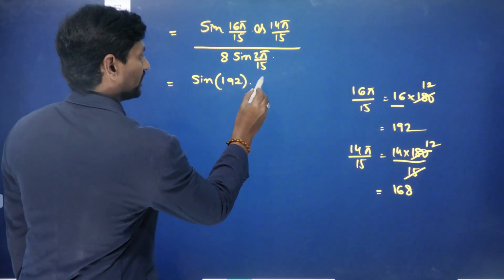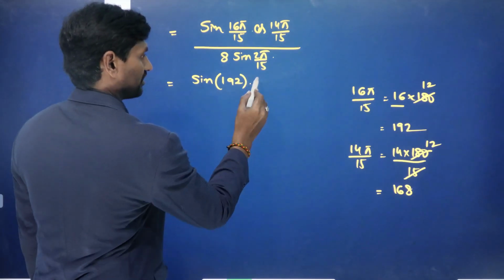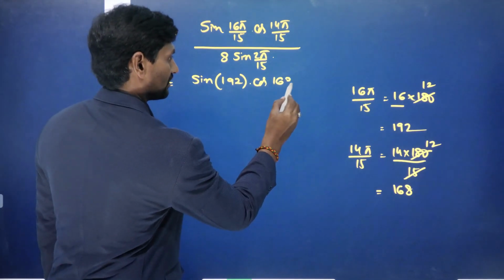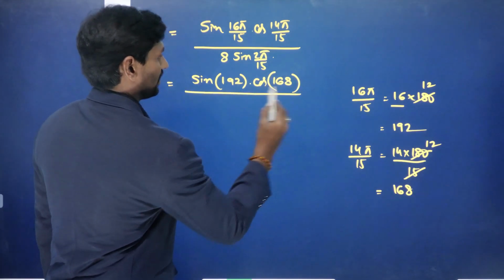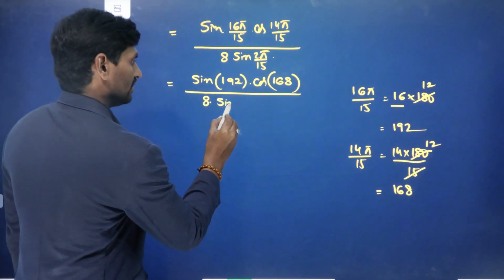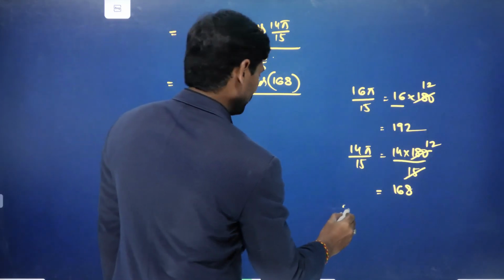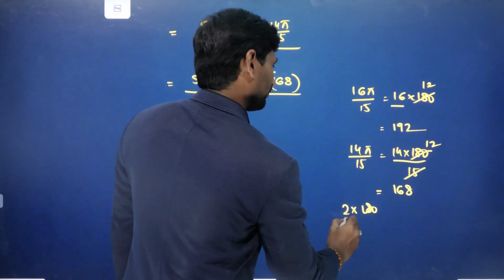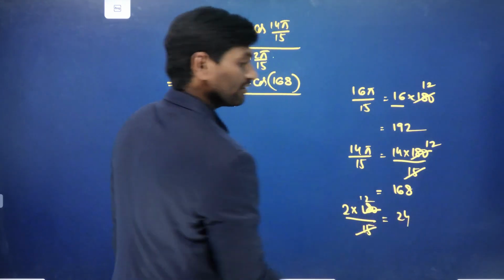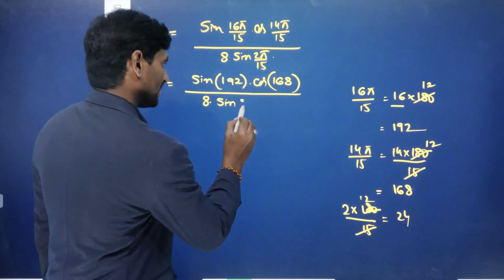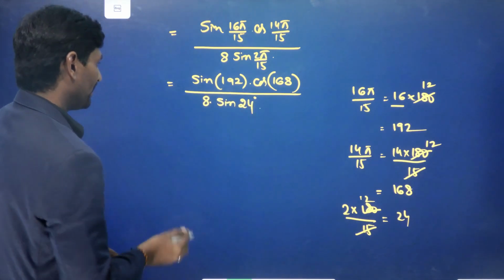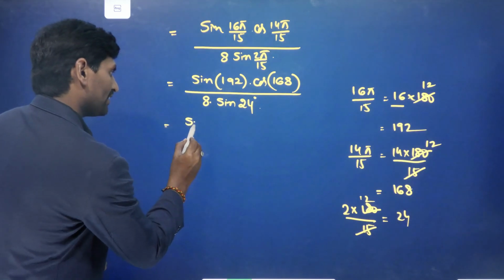Sin 192 degrees, this one cos, right? Cos 168 degrees, divided by 8 into sin 2 pi value. Same way, 2 into 180 by 15. After cancellation, we will get 24 degrees. 8 sin 24 degrees. Okay? Right. So I am going to write this one as